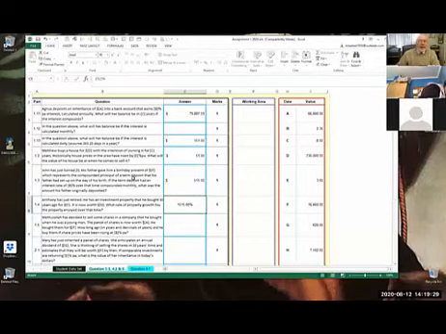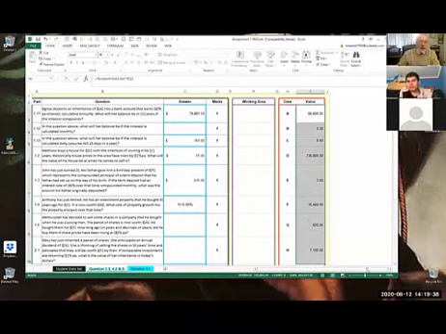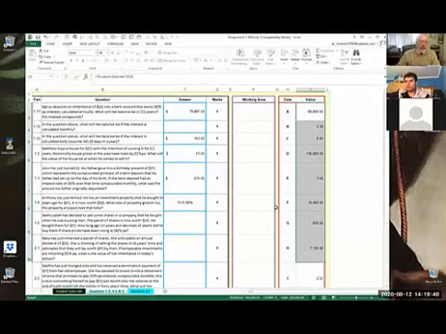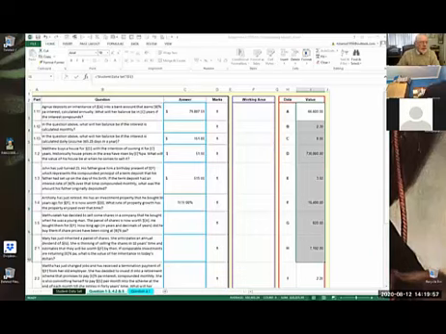To make it a little bit easier for you, I've reproduced the data set here on the second page, so you don't have to keep going from sheet to sheet to go back to your student data set. I do recommend that you get to know how to open a second window, open a new window in Excel, because it's a really handy tool.